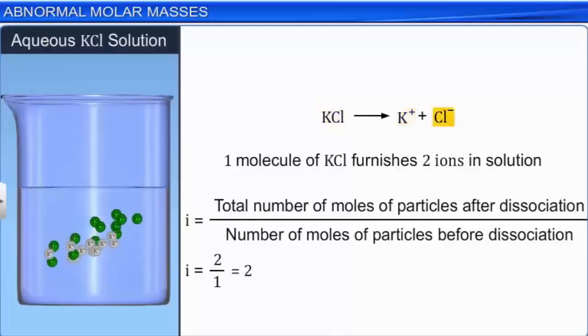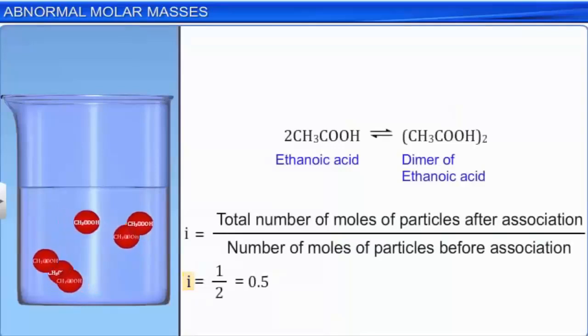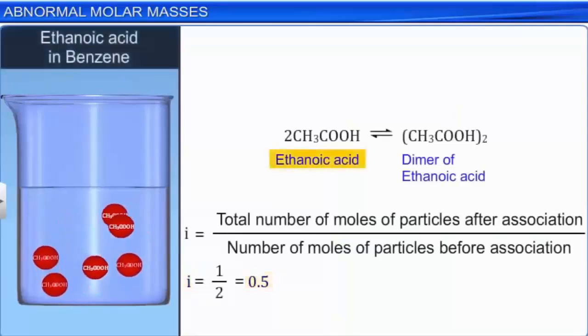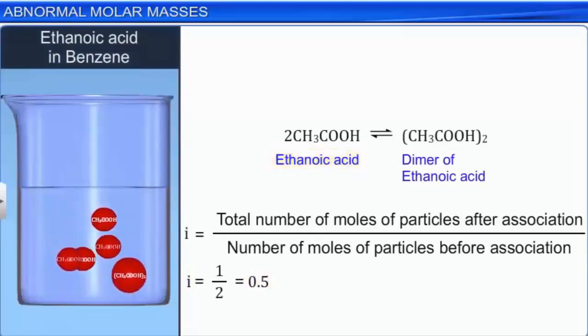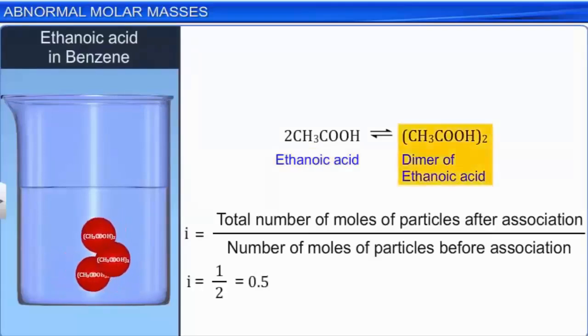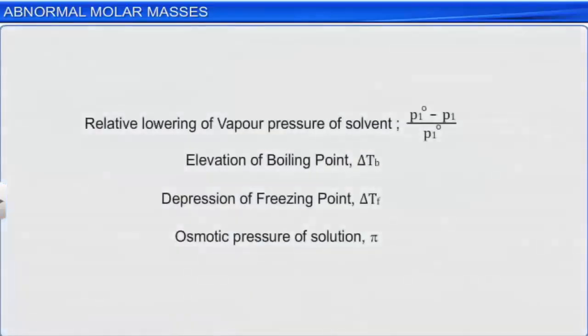The value of i equal to nearly 0.5 for ethanoic acid in benzene signifies that nearly the entire ethanoic acid has undergone association and exists as a dimer. The modified equations for colligative properties using the van 't Hoff's factor can therefore be written as